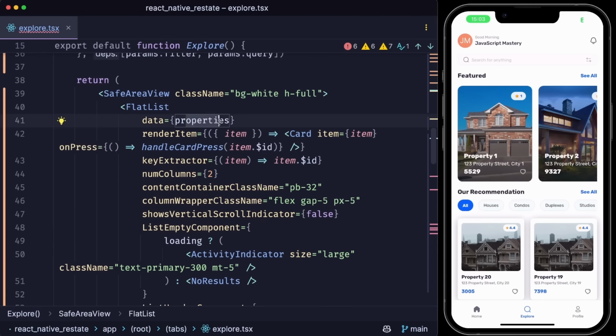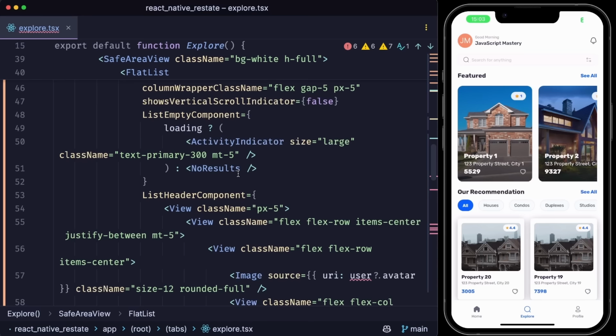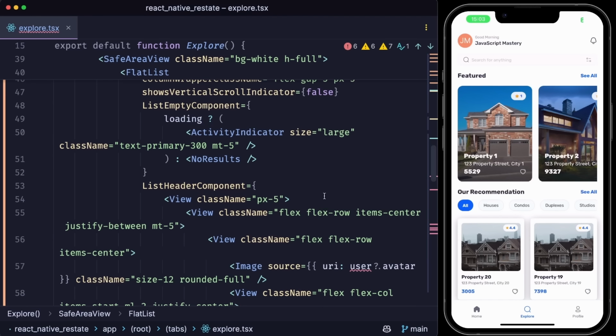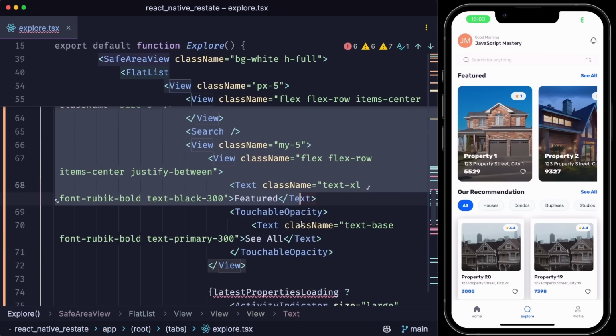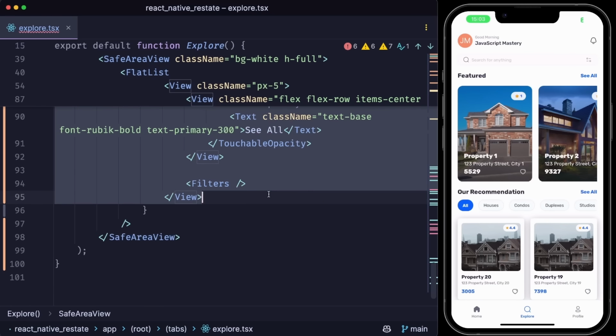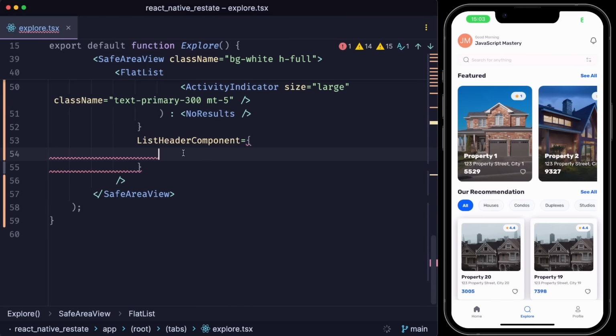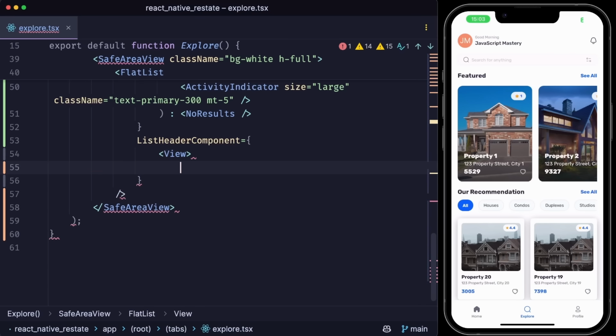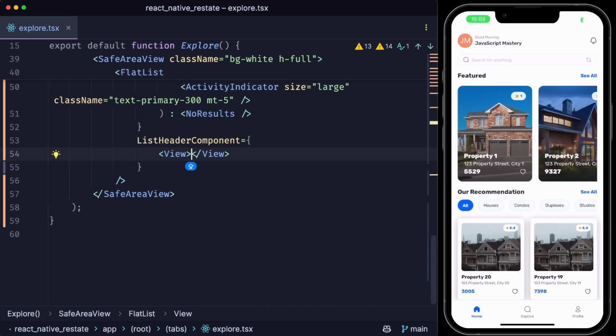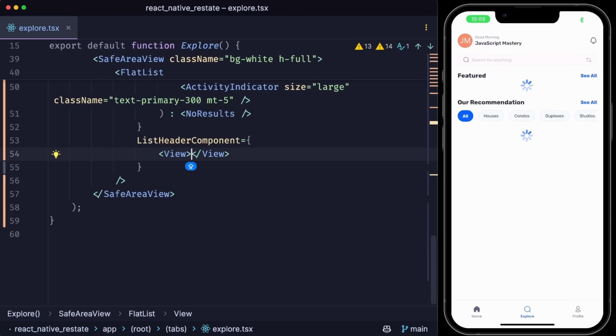We show all the properties and we render a card for each one. But we will change up the list header component. It'll be significantly simpler than before. So let's actually remove it entirely by deleting this entire view. And let's recreate it, specifically for the Explore page. We'll do that to hide the feature properties. So head over to Explore,